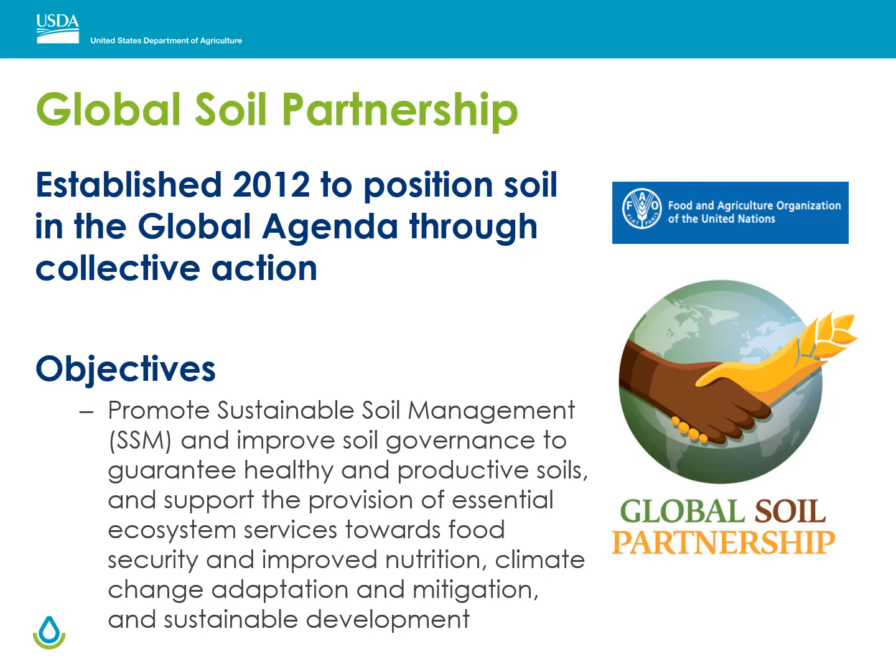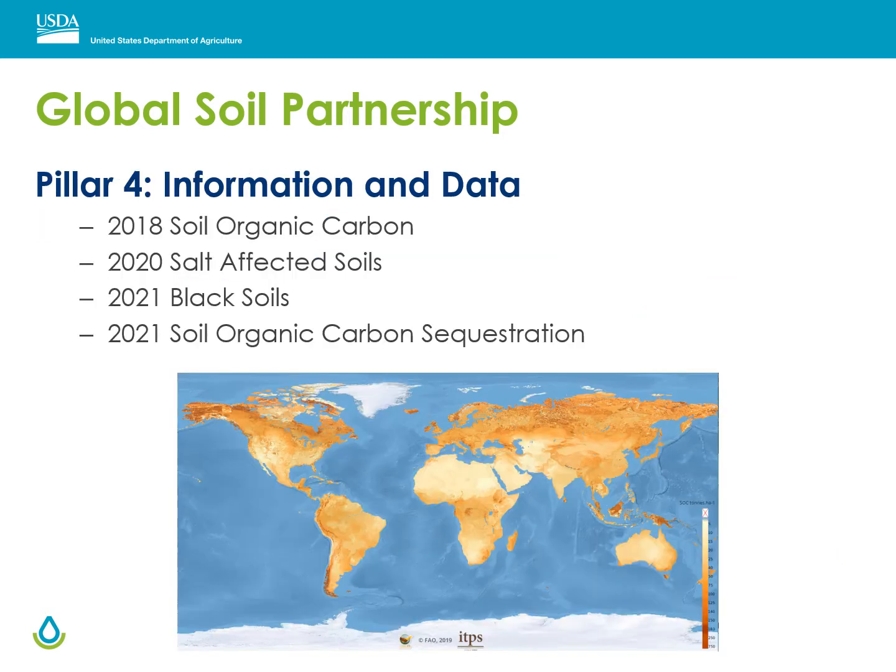The GSP's mission in a lot of ways is similar to the National Cooperative Soil Survey. Unlike the NCSS, the GSP partners with collaborators such as the USDA-NRCS to contribute the best available data for their country to the Global Soil Information System. However, unlike the US's National Soil Information System, GLOSIS is based on a raster format and its main attributes are soil properties. To date, the GSP has developed 1 kilometer global raster maps for soil organic carbon and a series of soil properties necessary to classify salt-affected soils, including pH, electrical conductivity, and exchangeable sodium percentage.